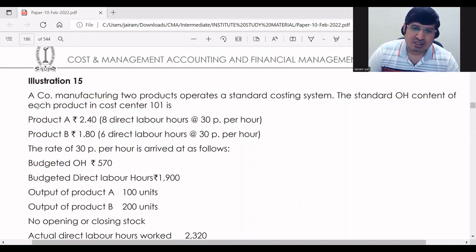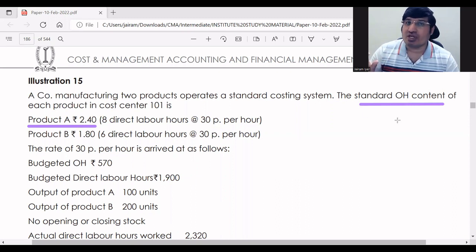standard overhead content. Okay, so product A is 2.4. So 2.40 is the standard overhead. Okay, it is 2.40, not the total cost, it is the standard overhead only. It is the overhead. Okay, not the total cost. And how is this split in